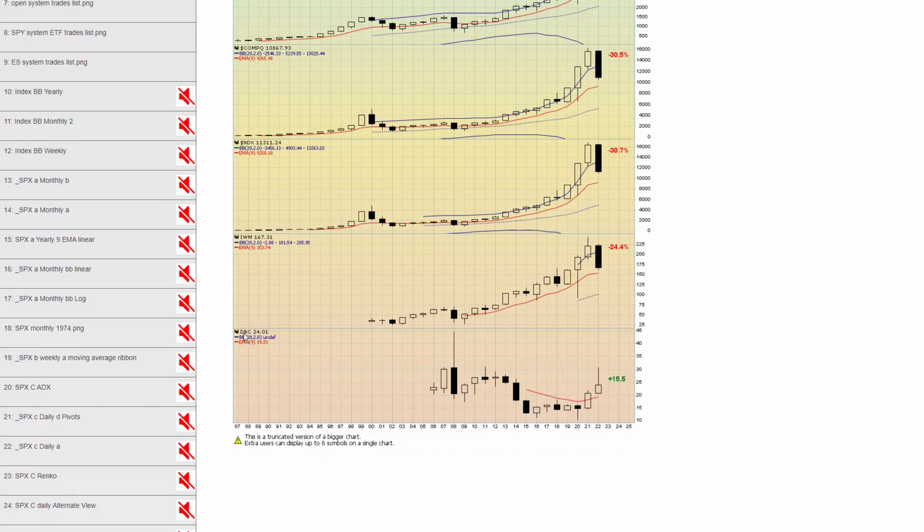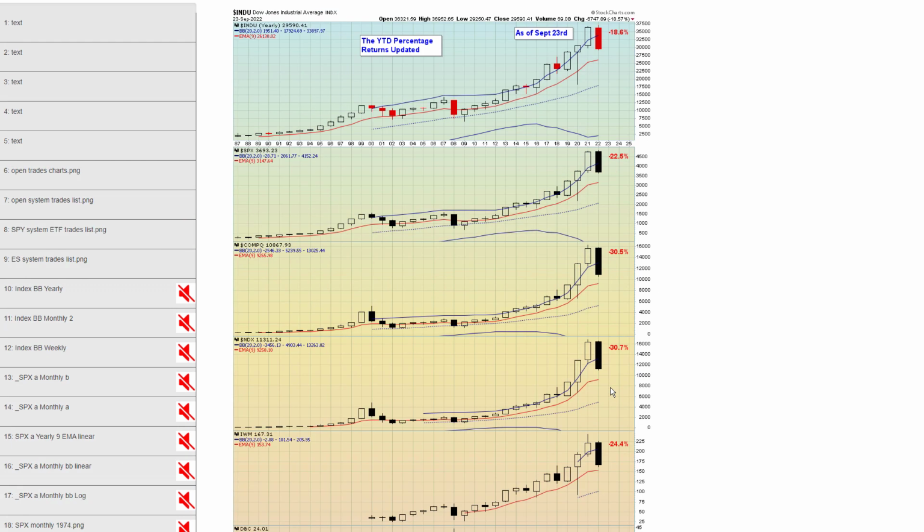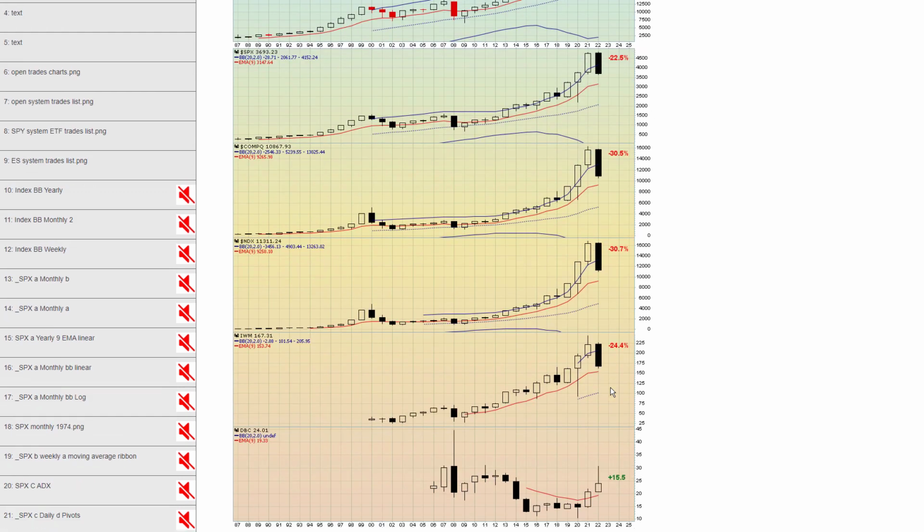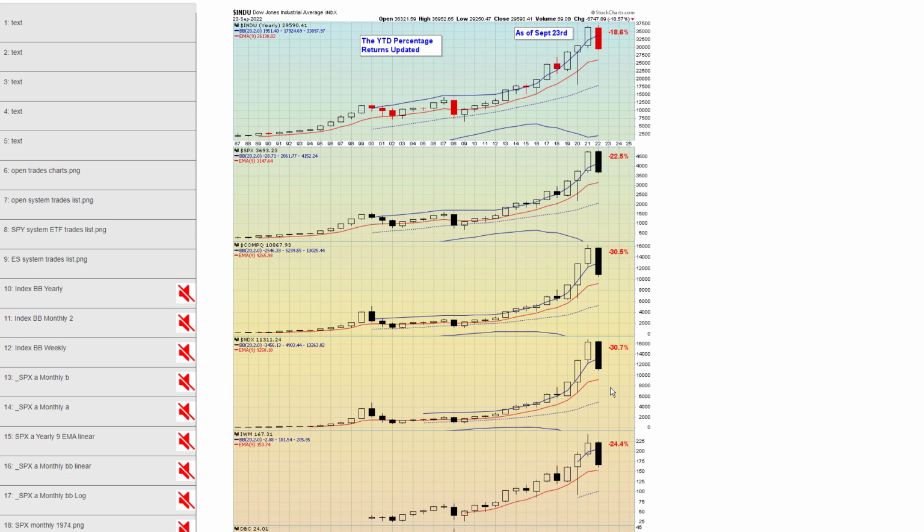By the way, commodities, which were up at one point 20% or 25, 35%, are now only up 15%. Remember, in a bear market, everything eventually gets hit. What's not shown on this chart, it's being cut off, is TLT bonds. TLT is down 27% for the year.